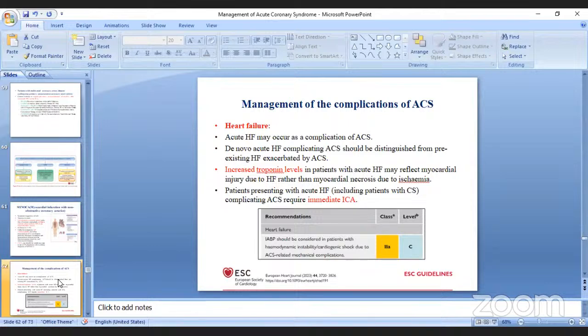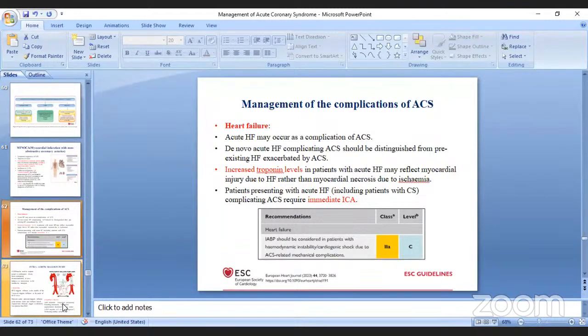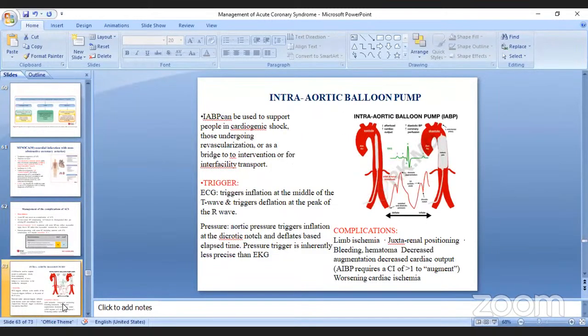However, in patients presenting with acute heart failure complicating ACS, immediate ICA is recommended, and IABP should be used as an adjunct in these patients when they are hemodynamically unstable. So just a short note regarding IABP: the intra-aortic balloon pump is a mechanical circulatory device. It is inserted and used in patients in cardiogenic shock, those undergoing revascularization, or as a bridge to intervention or interfacility transport. So there is a balloon which is passed, and the tip of the balloon is placed around